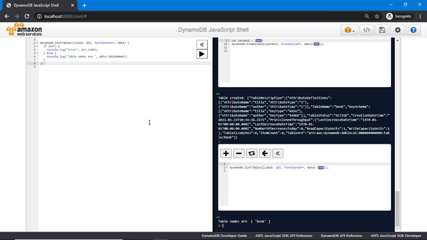This way you can use this tool for your testing and learning purposes. It is very useful, and the same code you use in the AWS SDK, you can use here. There is no change. And if you want to try some queries, this is definitely very useful, and I hope you like this.